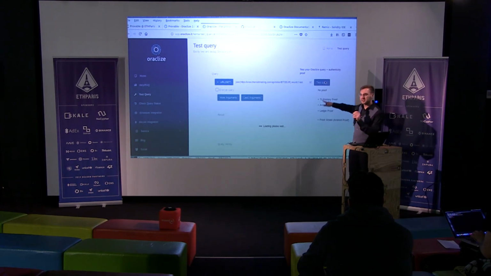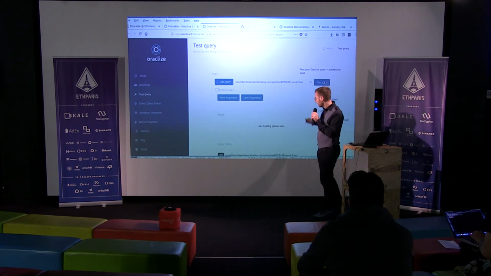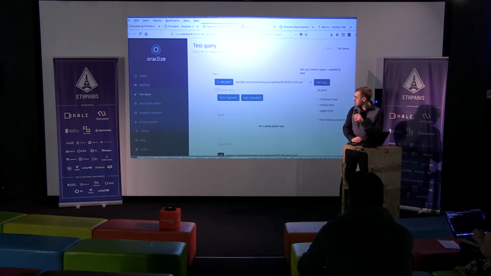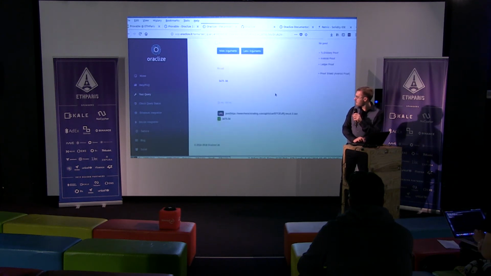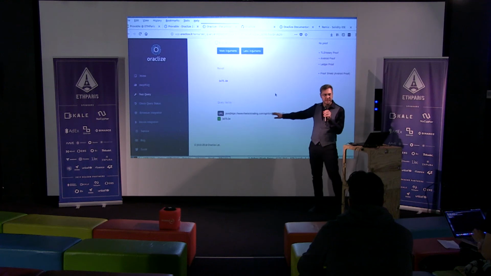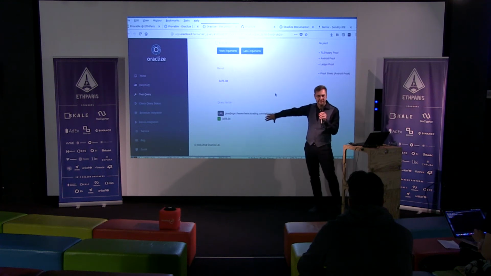If you want, you can also select authenticity proof. For testing, it's not needed. In production, definitely. Then you wait, and here at the bottom, you will find... sorry, I should have duplicated the screen. And basically, you get the result. It's exactly the same you would have by doing the HTTP call yourself. That's trivial. But doing it via this page gives you the exact response you will get via Provable, basically.